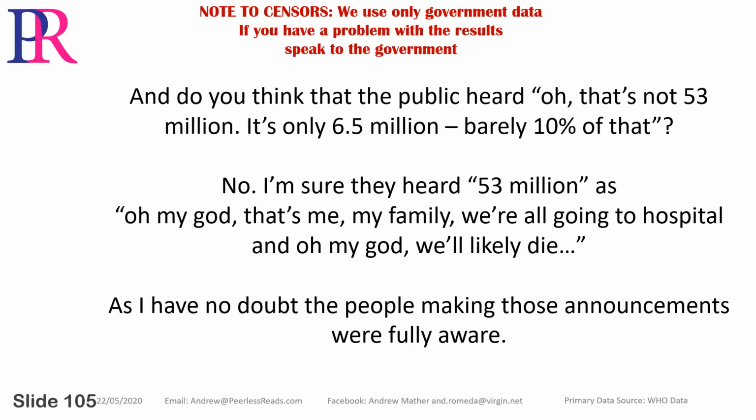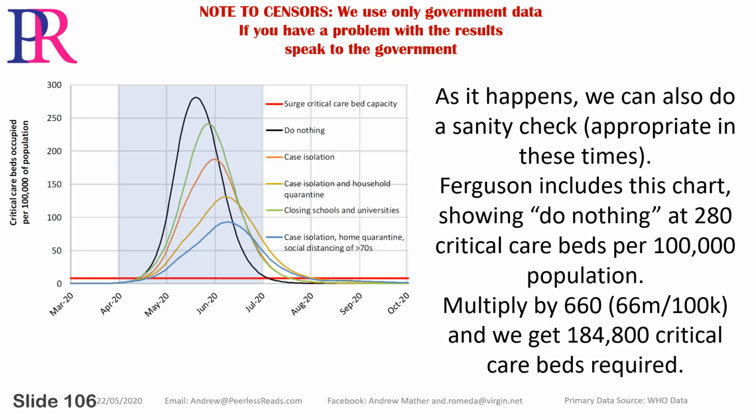And do you think that the public heard, oh, that's not 53 million, it's only 6.5 million, barely 10% of that? No, I'm sure they heard 53 million as, oh my God, that's me, my family, we're all going to hospital, oh my God, we'll likely die. As I have no doubt the people making those announcements were fully aware. As it happens, we can also do a sanity check appropriate in these times. Ferguson includes this chart